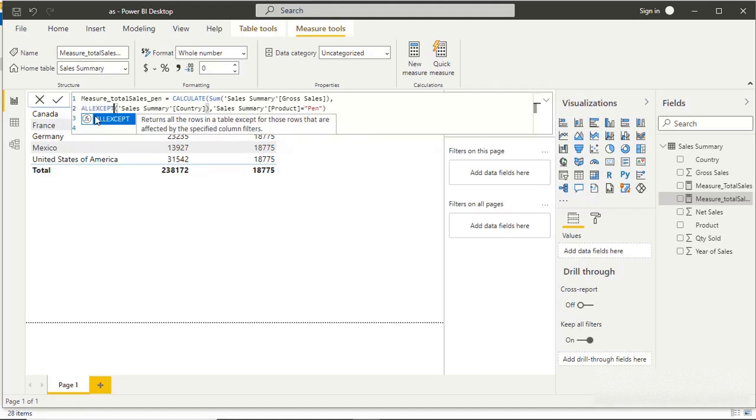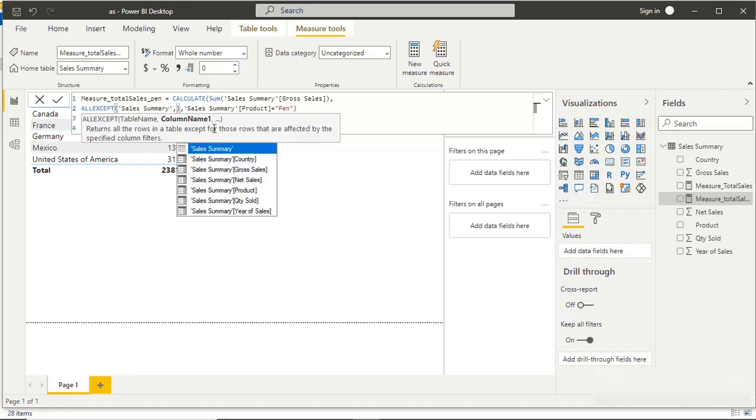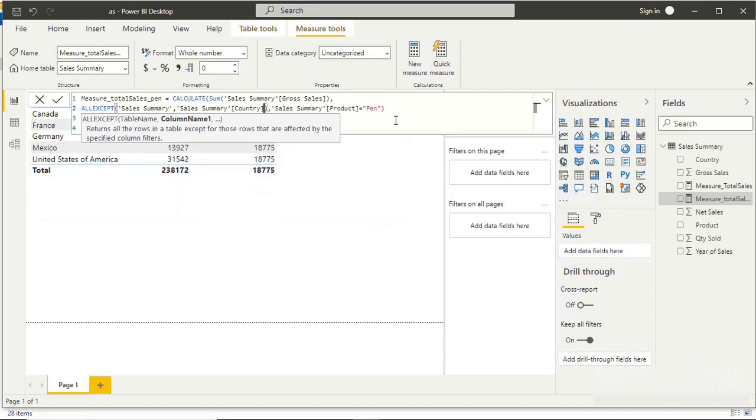It takes two parameters. The first parameter is the name of the table, and the second one is the name of the column. Now it means ALLEXCEPT will keep the filter for the country and remove all other ones.